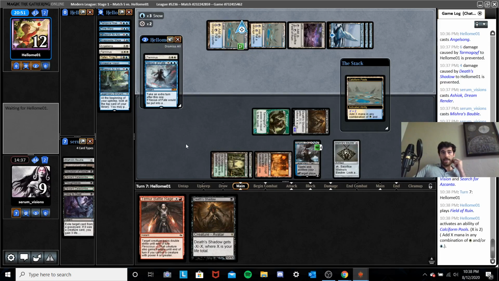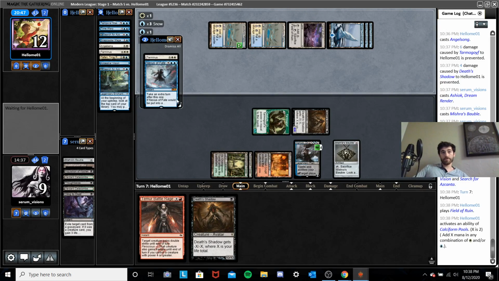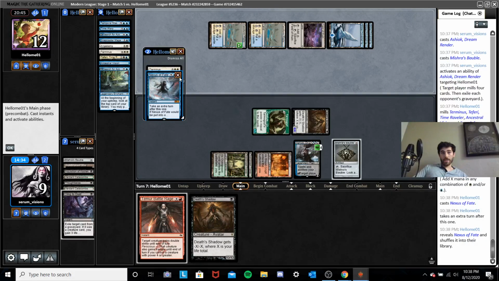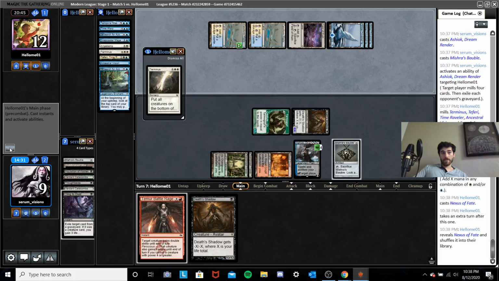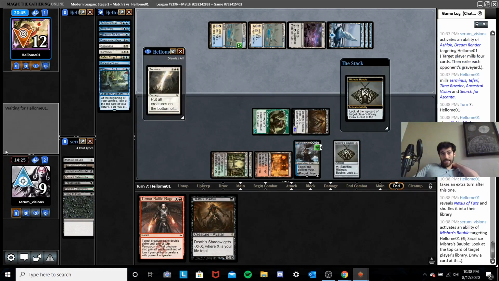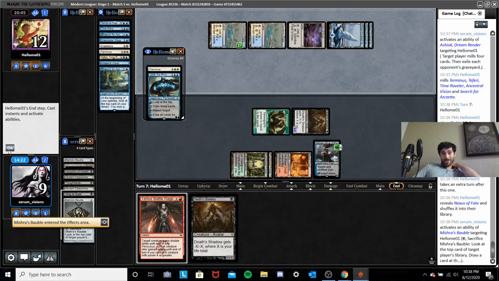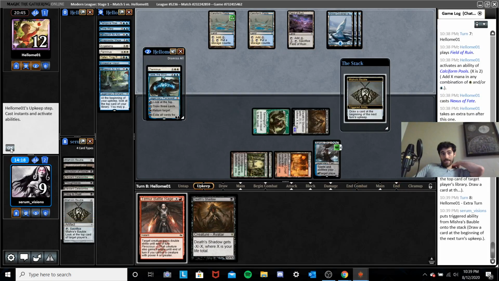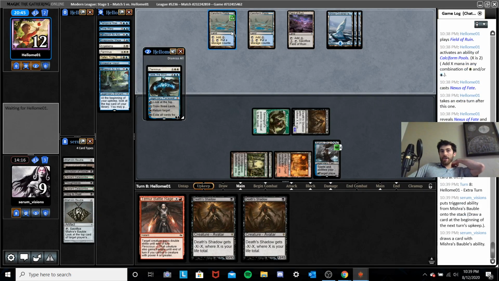Is this their Terminus now? Nexusing? Sure. So we know their hand is Terminus. Let's see what they're drawing. Jace the Mind Sculptor. Alright, well, they have to Terminus here. They don't have white now, though. I guess they...